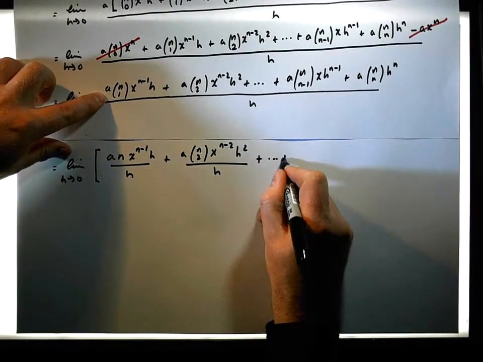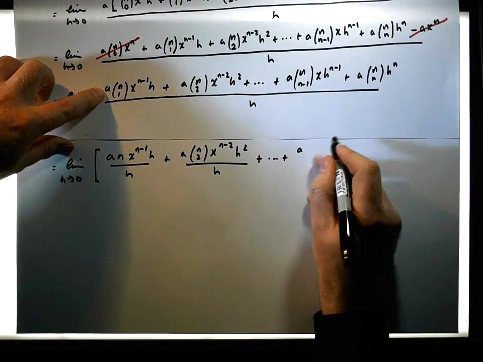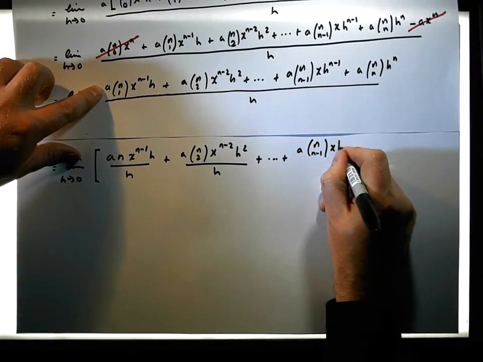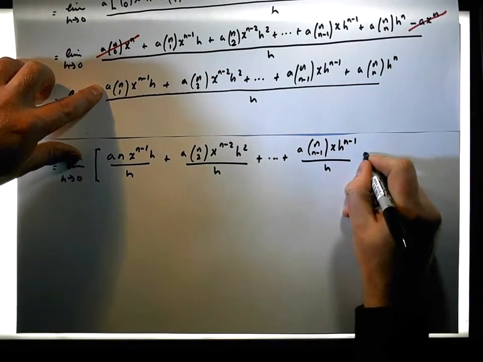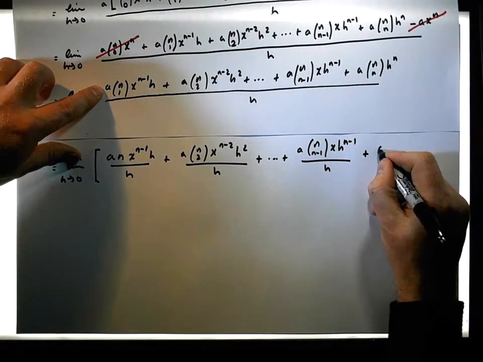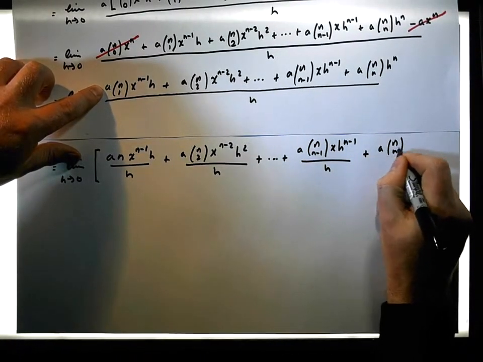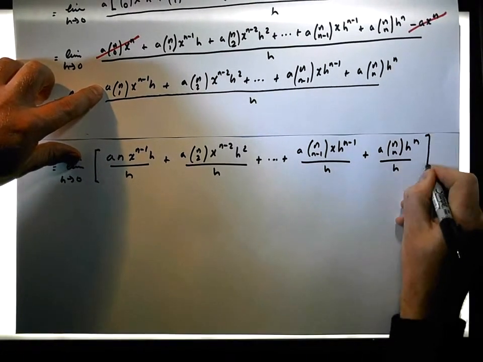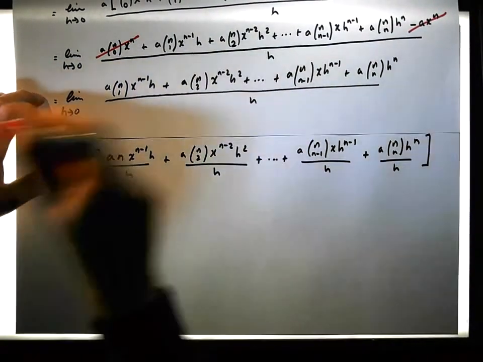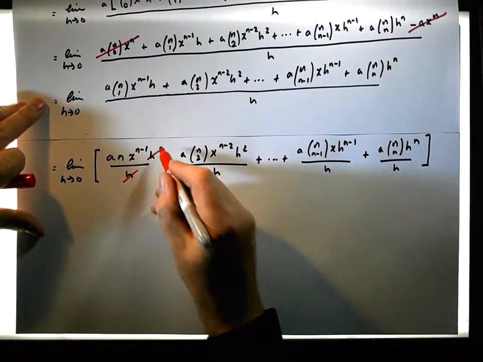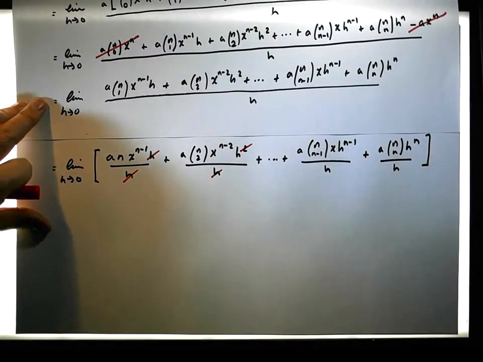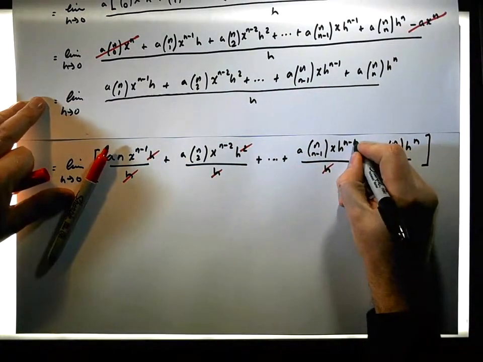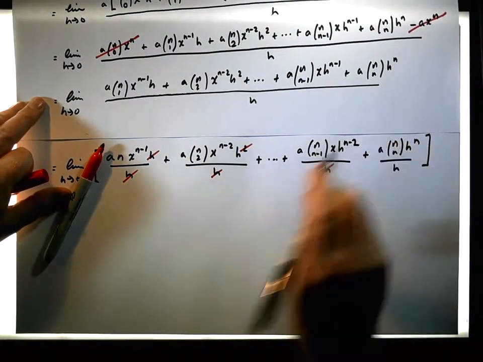plus, and this term here is a times nC(n-1) times x times h to the n minus 1 divided by h, plus the last term is a times nCn, which is actually just equal to 1, times h to the n all over h. And you can probably see what happens here: this h cancels with this h, and with the square, this h cancels with one of these h's here, which gives us now that this goes to the n minus 2, and this h